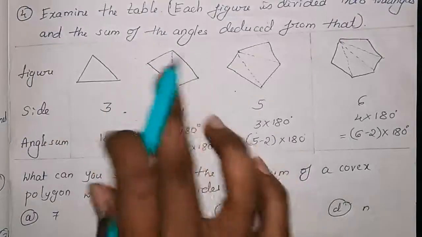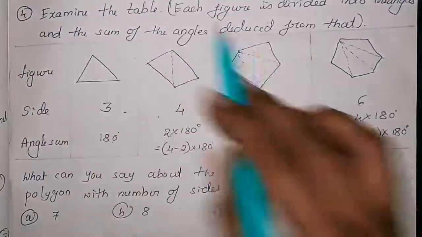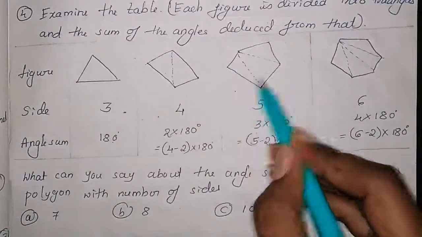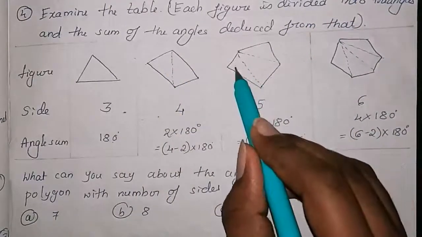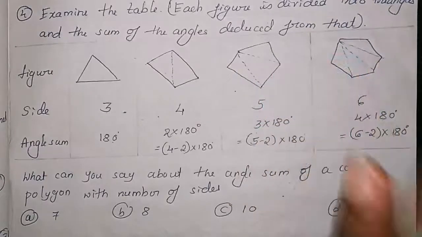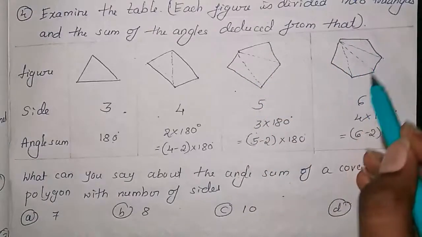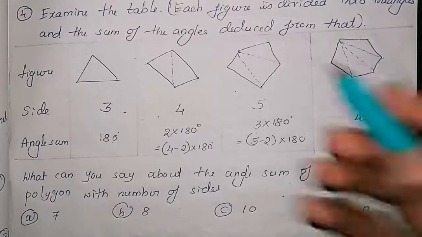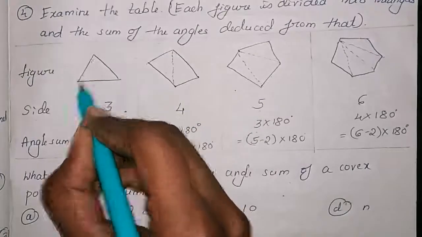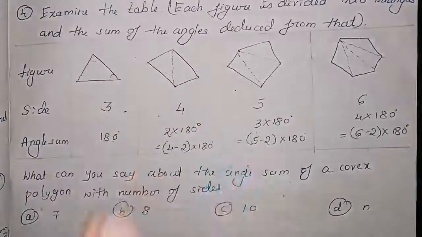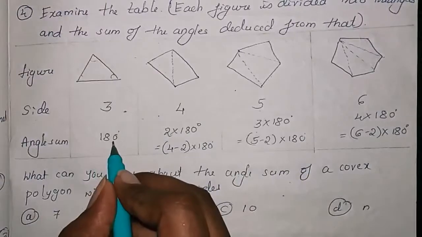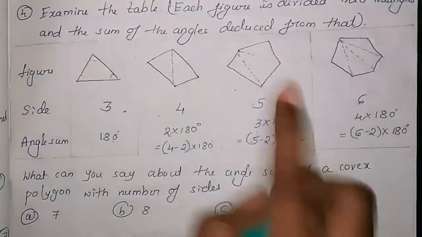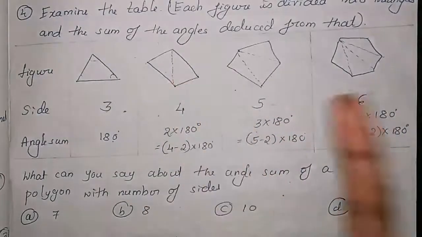And observe, it is divided into 2 triangles. As they have given the figures divided into triangles, here you observe 1, 2, 3, 4, 5 sides, and it is divided into 3 triangles. And here it is 1, 2, 3, 4, 5, 6 sides, and the triangles are divided into 4. Now observe the sum of the angles, angle 1, angle 2 and angle 3. The sum of the angles in a triangle, we know, is 180 degrees. And here, as it is a quadrilateral, you know the sum of the angles of a quadrilateral is